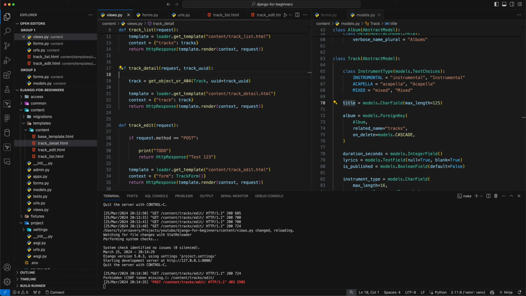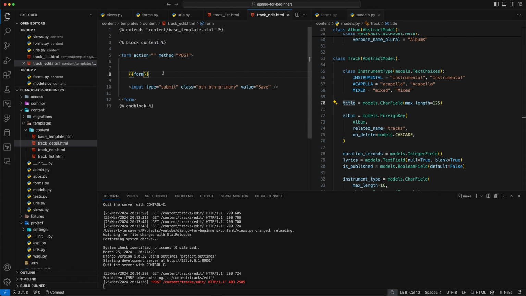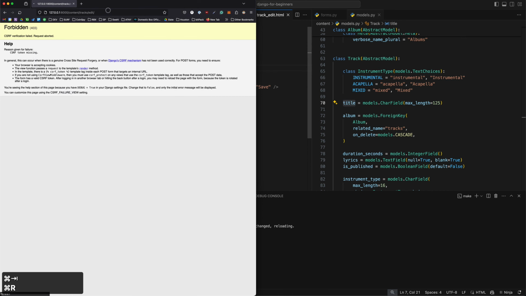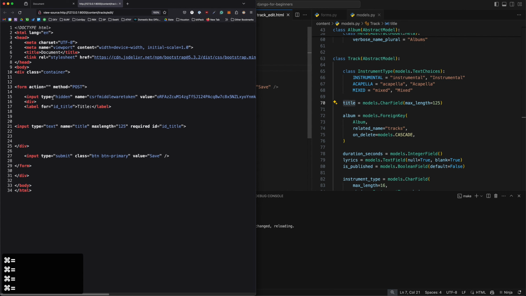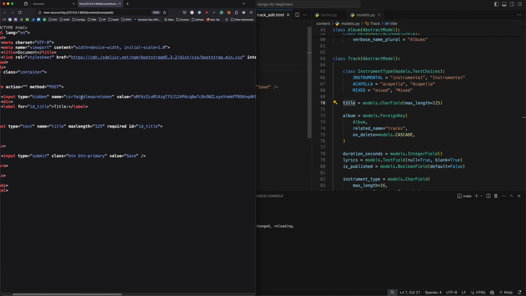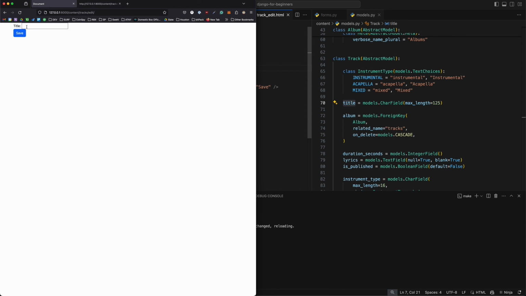And how we can get around that is within our template, we are going to, where is it? Track edit. Right above our form, we're going to import this right here. And this will actually put a sort of hidden field for us. So let me just go back to this normal mode. And if we actually view the source of this, you'll see what it did is it made a hidden field called CSRF middleware token, and then a random value here. That will help ensure that the user is actually visiting this form properly. Okay, so now we'll try it again, test, click save, and now we just get that test 1 2 3 back,